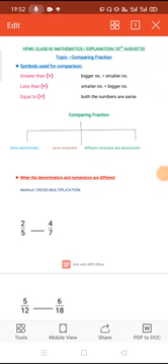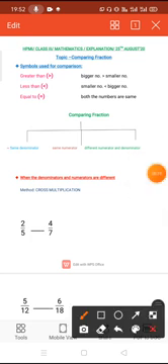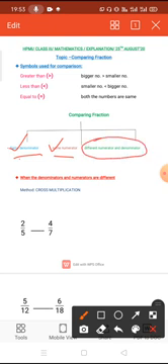Today the topic for maths class is again comparing fractions. As I told you yesterday, for comparing fractions you can get three types of sums. First of all, fractions with same denominators and fractions with same numerators. These two we have learned already. Now we are going to learn how to compare fractions if the denominators and numerators are different. Okay, so let's start our session.